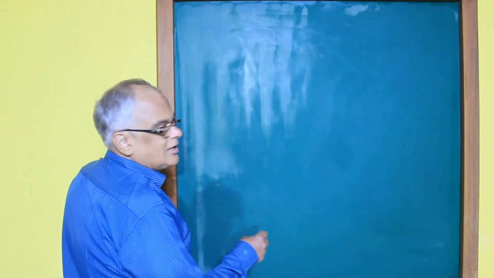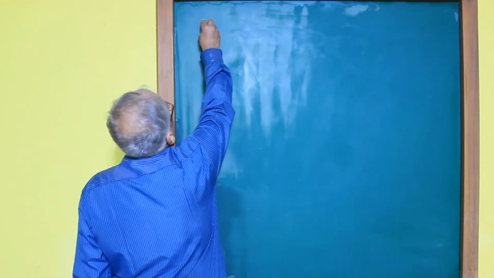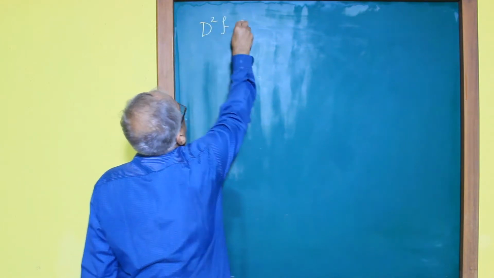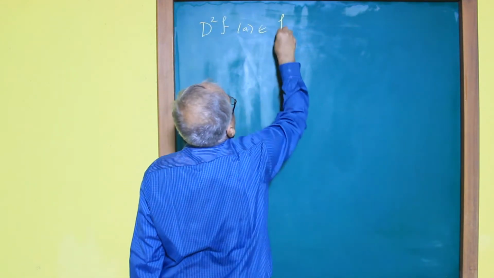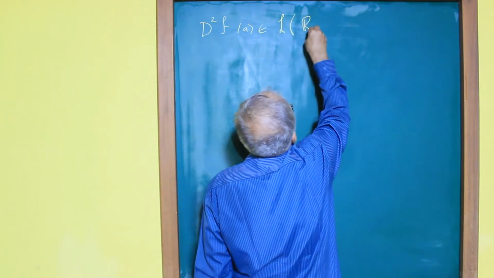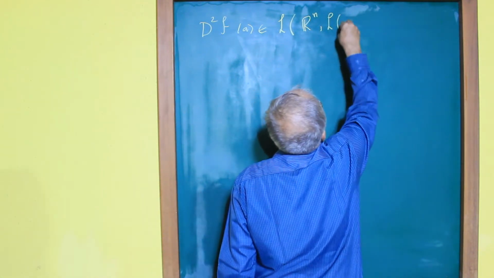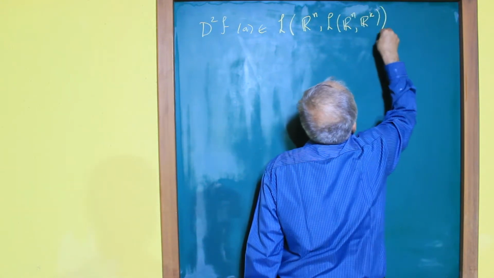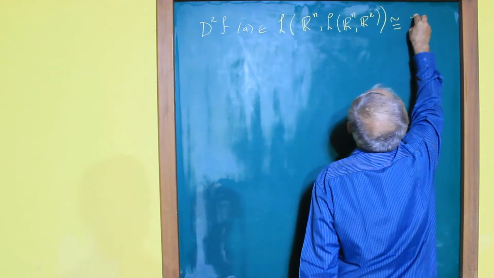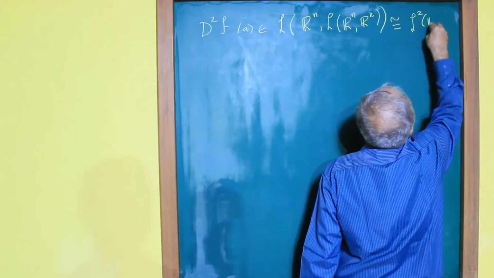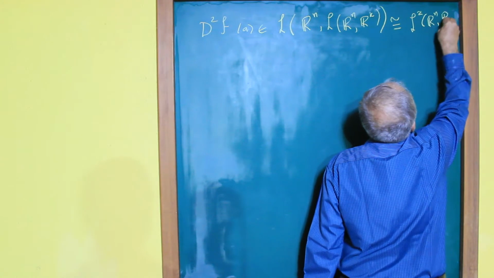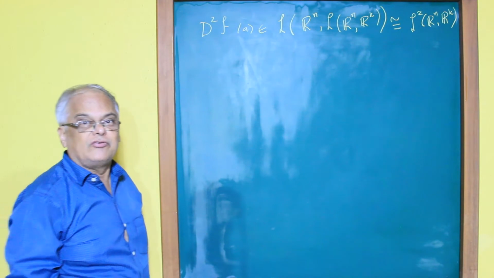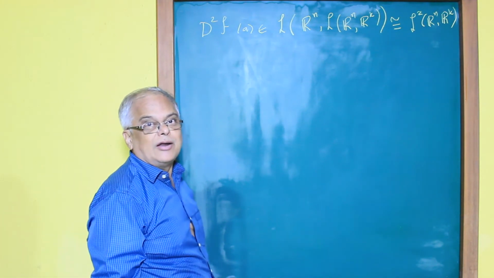So we had seen in the last lecture that the second derivative of f at A is a linear map from Rn to linear maps from Rn to Rk, and this is canonically isomorphic to the space of bilinear maps from Rn to Rk.